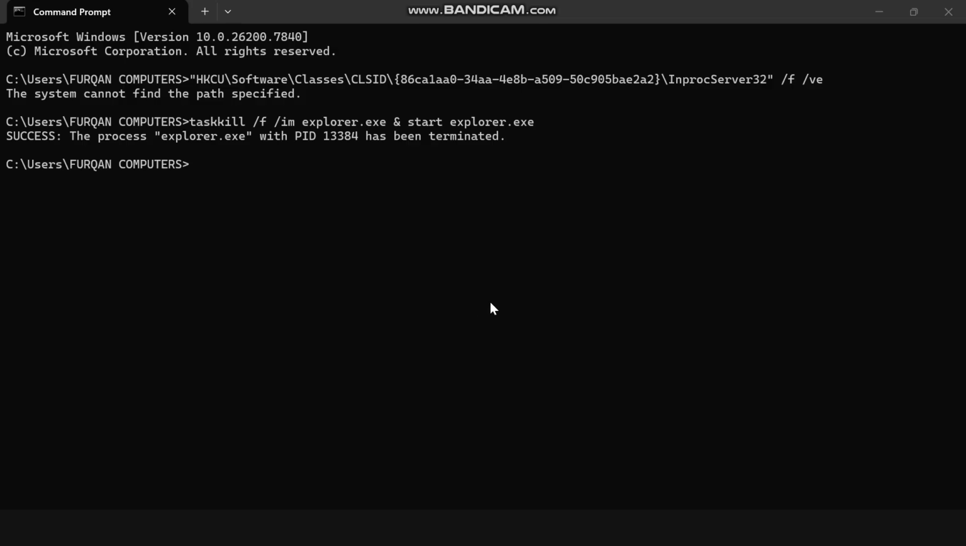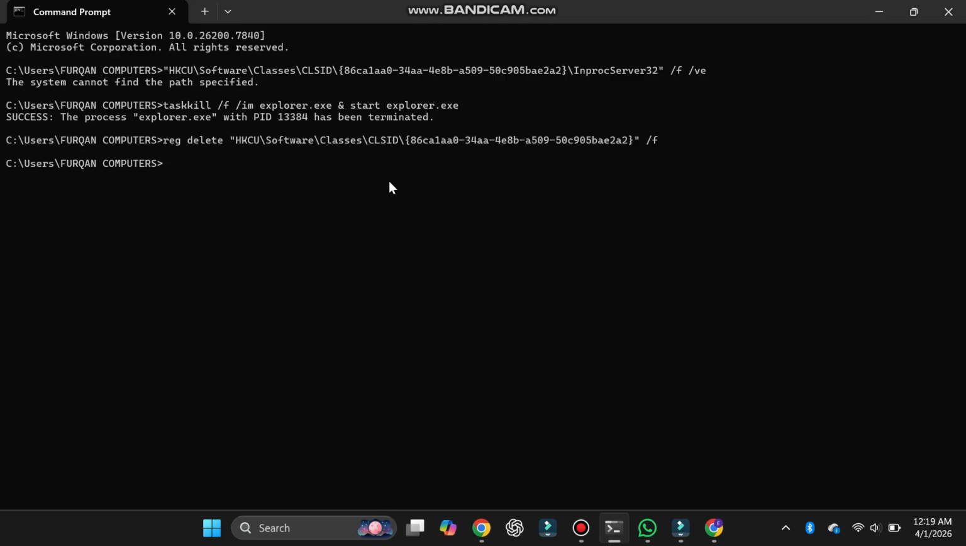When you right-click, you should see the classic Windows 10 style menu. If you want to go back to the default Windows 11 menu, copy and paste the following command and press Enter. Reg delete